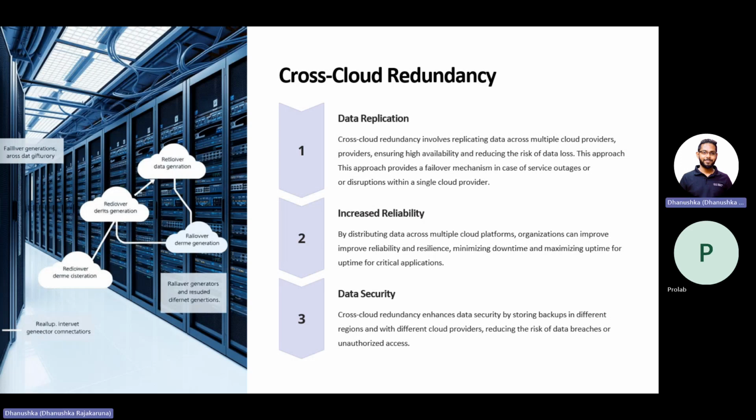So cross-cloud redundancy is essential for modern enterprises seeking high availability, reliability, and robust data security. By adopting the right tools, practices, and strategies, organizations can mitigate risk and optimize performance as well as future-proof their infrastructure. So the next